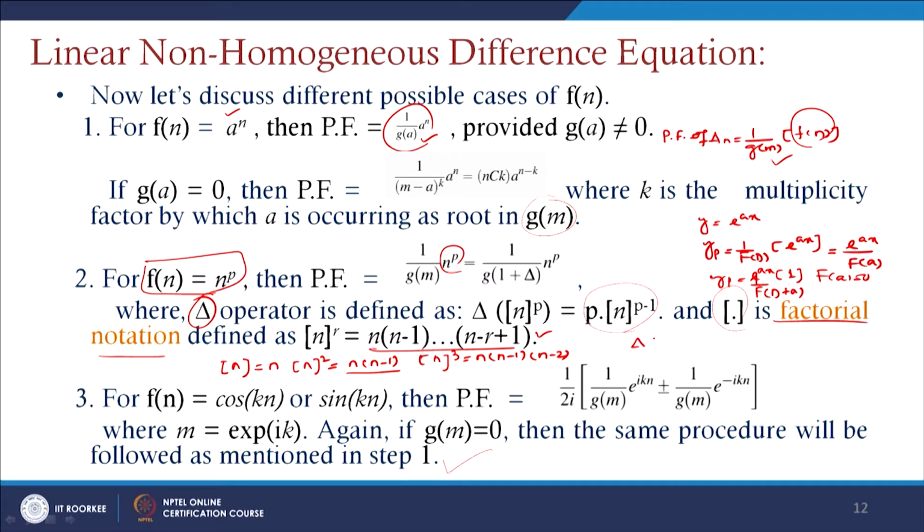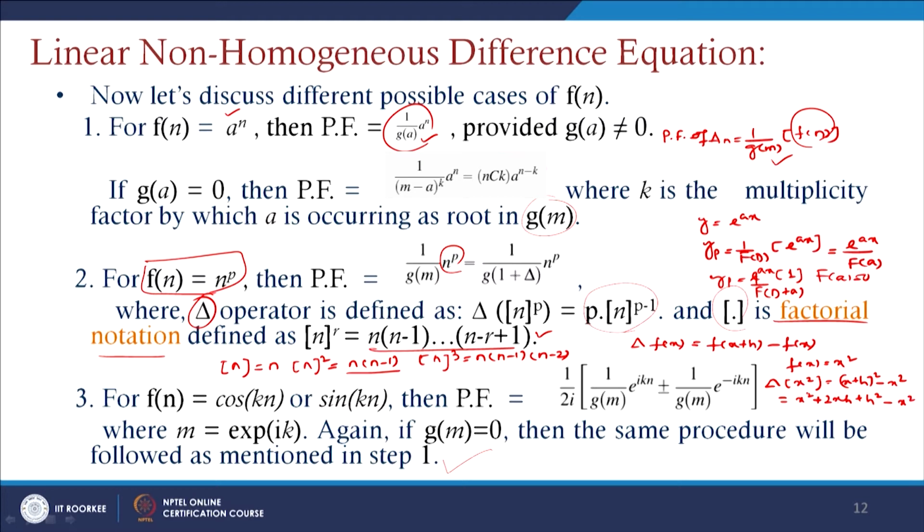So, if we assume a function f of x, the forward difference is written as f of x plus h minus f of x. This is the forward difference operator formula. Suppose f of x is a polynomial, like x square. If we use this difference operator with step size h, we can write del of x square as x plus h whole square minus x square, which can be written as x square plus 2xh plus h square minus x square here.